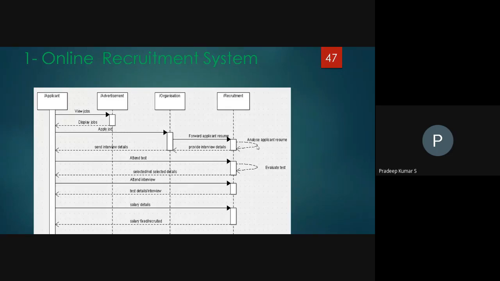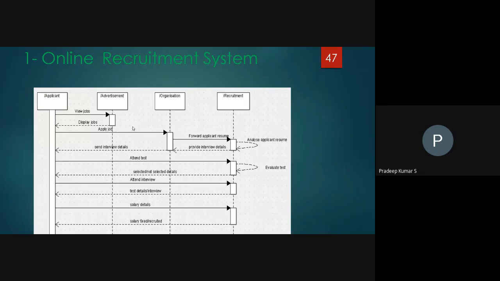In the example, analyzing the applicant resume: the applicant gives the resume to the company. Initially they check the qualification, the experience, where you worked. Later they go for further investigation. Suppose he has 3 years of experience, what kind of project he did, what about the company standard, everything they analyze through each and every iteration.